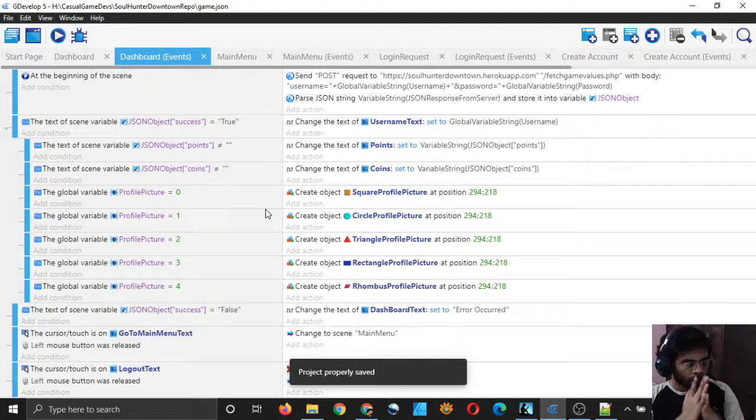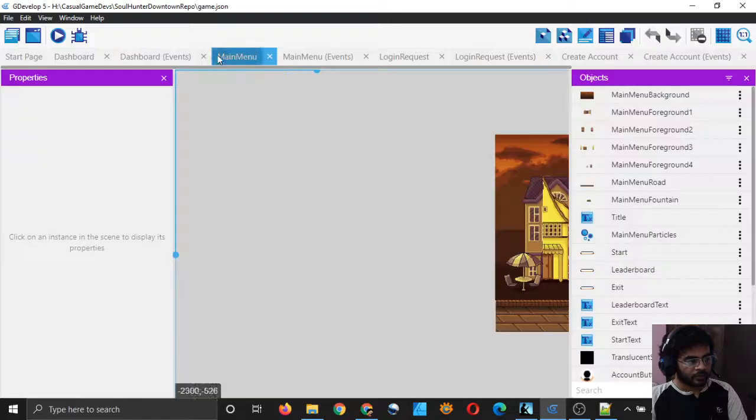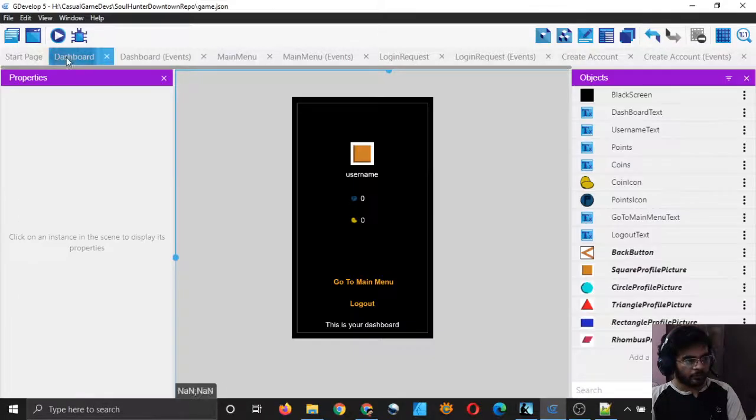So that may work. I don't know if it will. So let's try it. Let's try and see. And I wonder if there is any default value. Oh, it is 0.